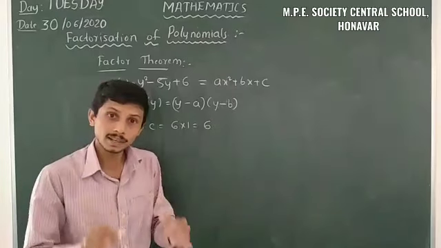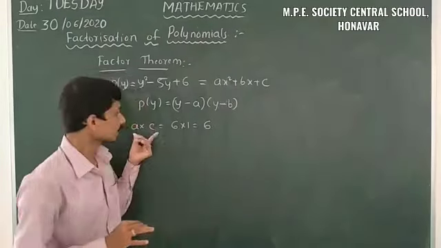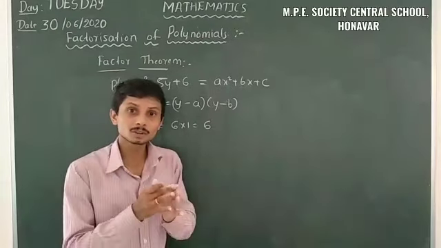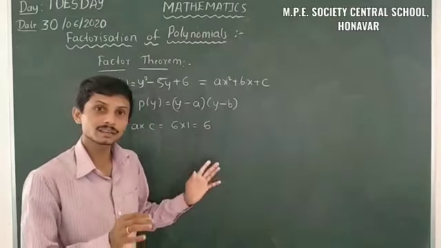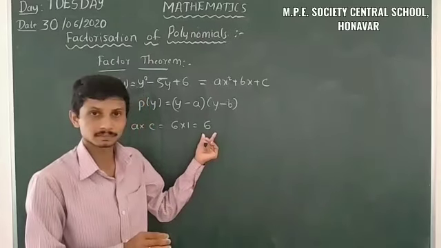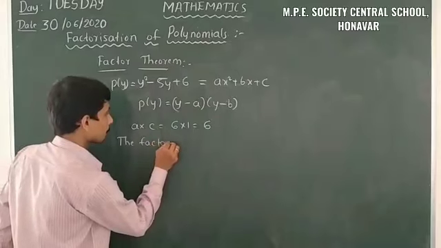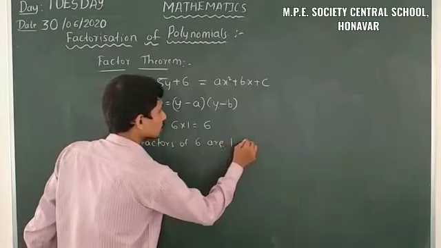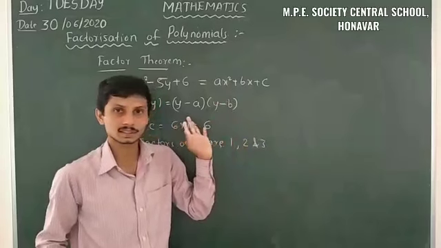So in the reference of splitting of the middle term, we already took a × c = 6 × 1 = 6. There also we have taken two factors. Then we have to split the middle term. So here also we have to take the factors of 6. What are the factors of 6? The factors of 6 are 1, 2 and 3. So there are 3 possibilities of factors.